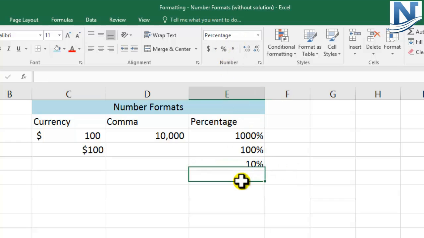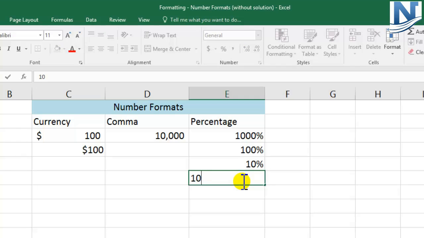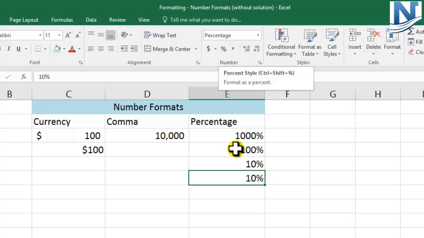Okay, this can be one approach, or what you can do is directly type 10 and the percent sign, which is present with the number 5. So for writing down that sign, you will have to press Shift and 5. So you will get the percent sign. Okay, so please be careful while you are using the percentage format. You have to be really very careful with respect to the decimals. Use proper decimals and then make use of this percentage sign. And if you're not comfortable with all the conversions, just directly type the percentage sign.